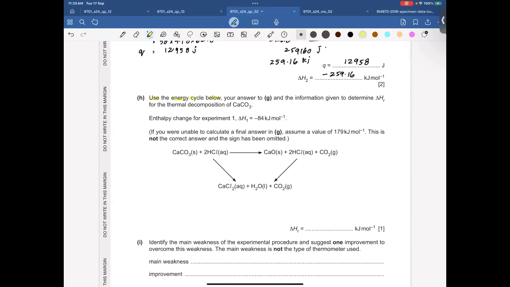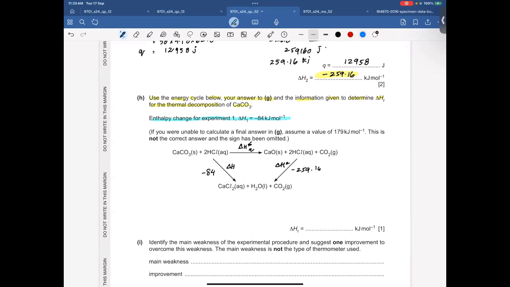Use the energy cycle below, which is called a thermochemical Hess cycle. Use your answer to G and the information given to determine delta H1 for the thermal decomposition of calcium carbonate. Remember, the enthalpy change for experiment 1 is also given, which is minus 84. So I need to find the standard enthalpy change of reaction for this equation. This is delta H1, and its energy is minus 84. This is delta H2, and its energy I have calculated in part G, which is minus